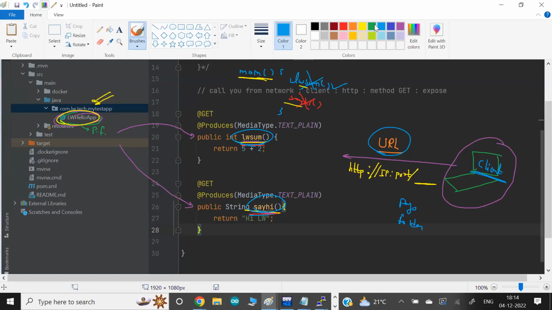But here, from now on, this is not the page name or the folder name. What do you type afterward? It is one kind of key. Key means, let's say, if you type LW1 here in this URL, and obviously when you type the URL and hit enter, this entire URL comes to us. This is your world, the client side. And this is our world, the server side.